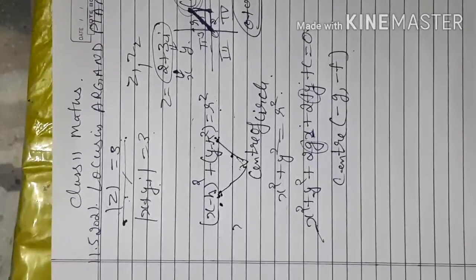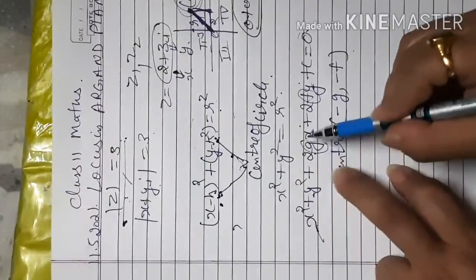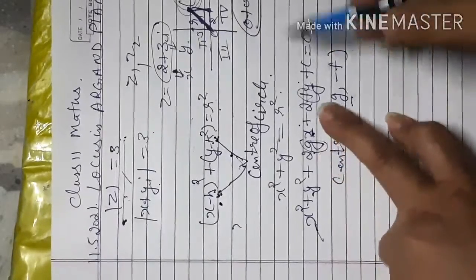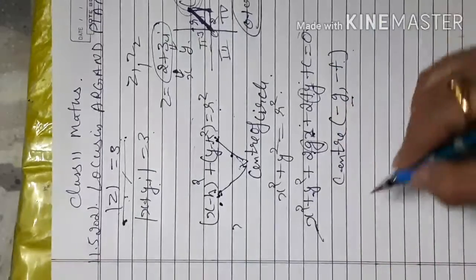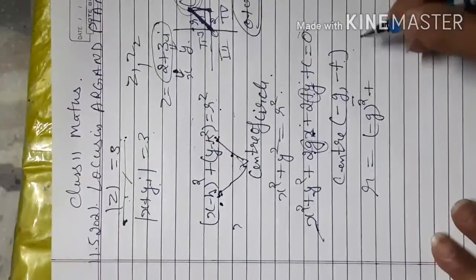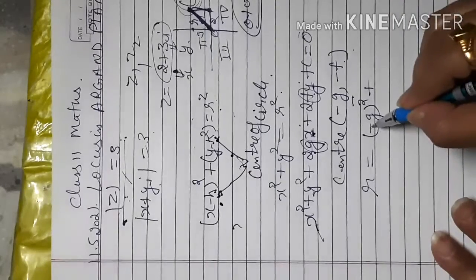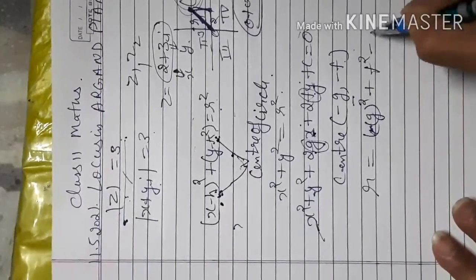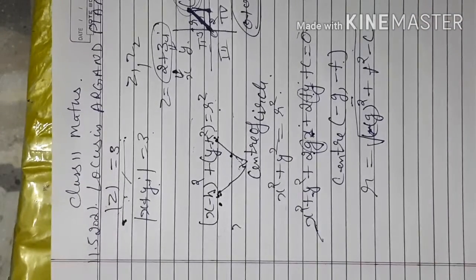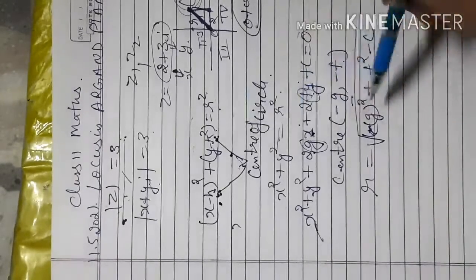So if you want to find the center of the circle from the 2-degree equation, you just separate the 2 from the x, and whatever number is left, you write it here with the negative sign, that is g. Compare with f also, that is minus f. To find the radius, it is minus g whole square plus, or you can write directly, g square plus f square minus c, all under the square root. So this way I can identify the radius of the circle from the 2-degree equation. In today's question we are using these two forms.